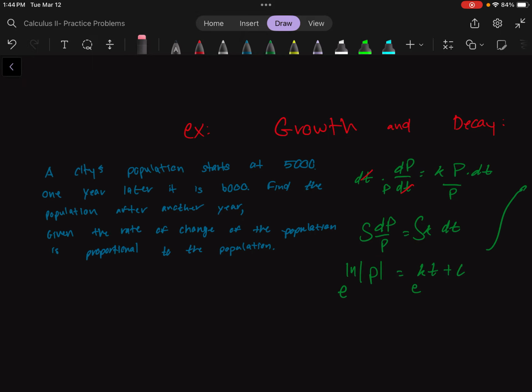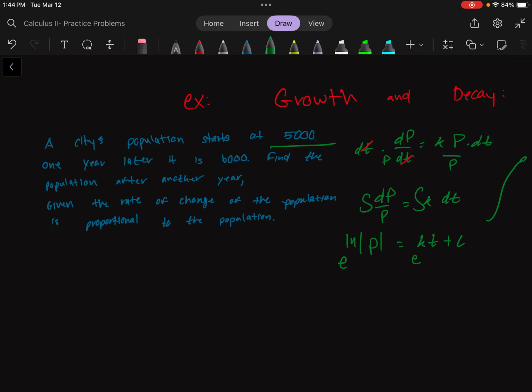So we can use this first sentence to figure out what C is. In this case, C is like the initial population. So we start with P equals C e to the kt. At t equals 0, P equals 5,000, right? At the start, time 0, the initial population is 5,000. So you can plug in t equals 0, you get 5,000 equals C e to the 0, e to the 0 is 1. That tells us that C equals 5,000, which you already knew because C is like the principal value, right? So now we have P equals 5,000